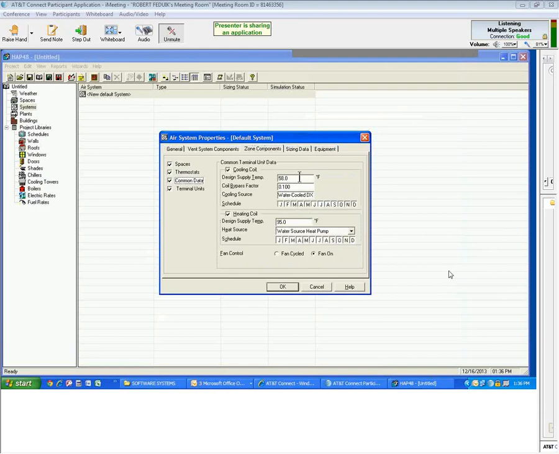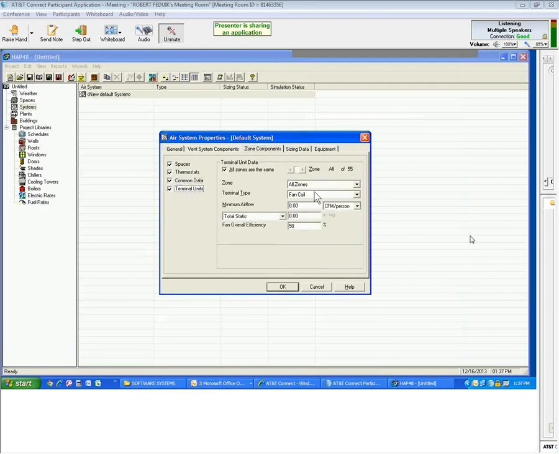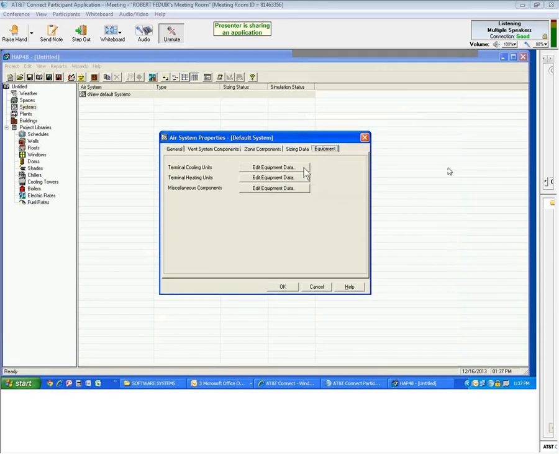but it lets you have different thermostat set points for each one, or the same. It lets you have different leaving air temperatures for each one, or the same. Different fan statics for each zone, or the same. And the bottom line is, it'll wrap it all up. You can input